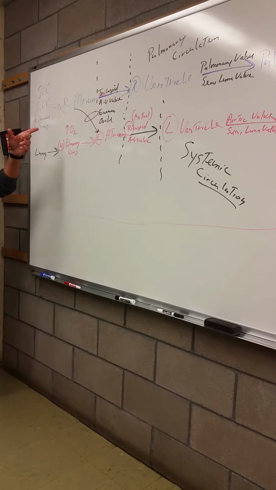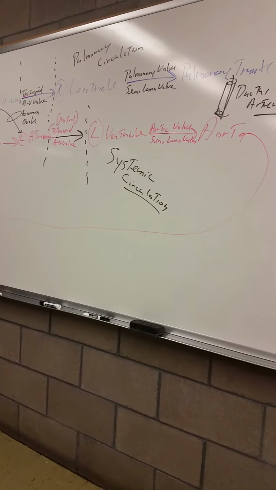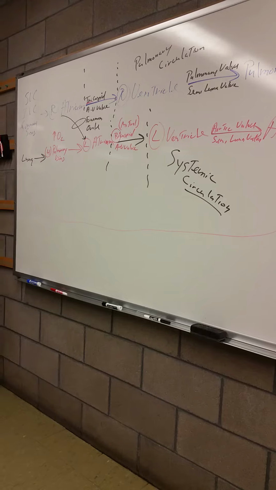So that's covering some of your fetal circulation and your circulatory route. So what this was, tracing a drop of blood from vena cava to the aorta. That's what this represents on the